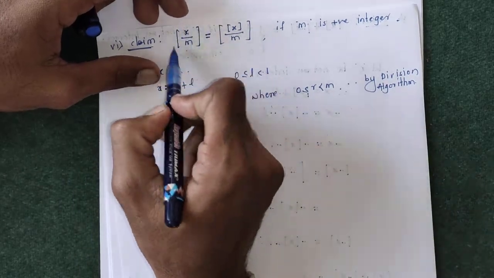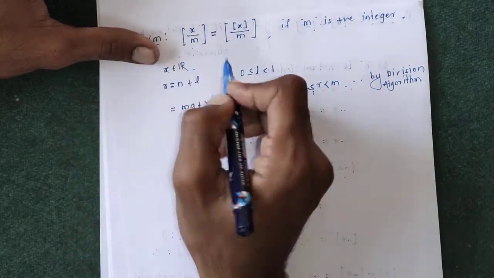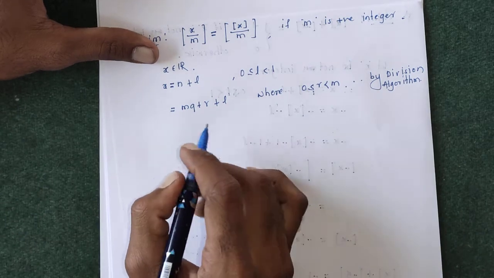Now we are going to consider the integral part of x by m, that is the right hand side. We will consider the right hand side. Now consider